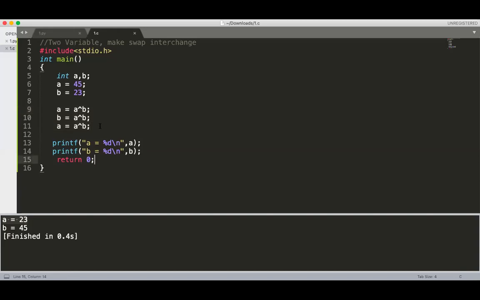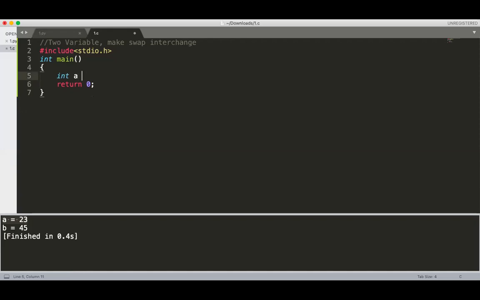The question was even or odd. Suppose one number is given. That number you have to take from the user. I don't know what that number is; here I have hardcoded it. Now I want to check whether it is even or odd. So how to check it? Tell me, what is the procedure? If A modulo 2 is equal to 0, then it is even.